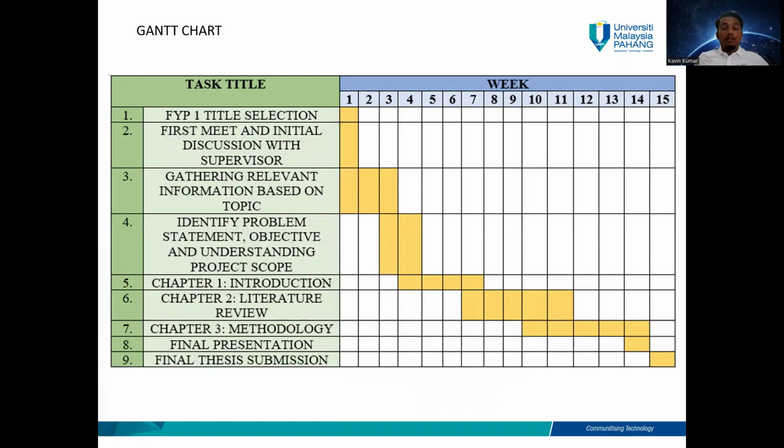This is the Gantt chart of the research, which shows the tasks I've done from week 1 until week 15. The tasks are: FYP1 title selection, then the first meeting and initial discussion with the supervisor, thirdly gathering relevant information based on the topic, next the identification of the problem statement and objective and understanding of the project scope, and the fifth one is